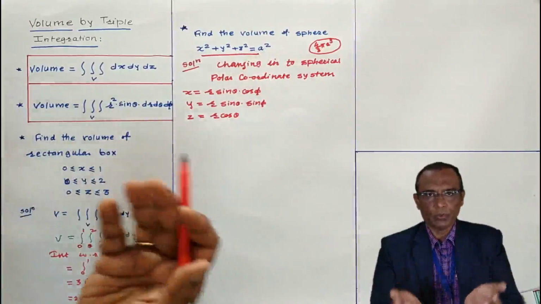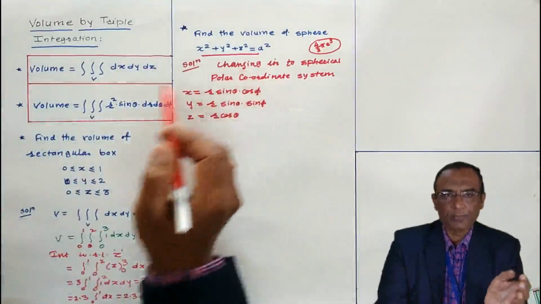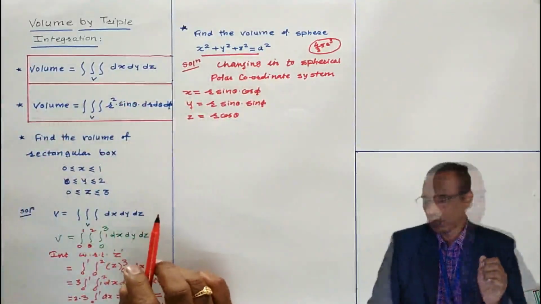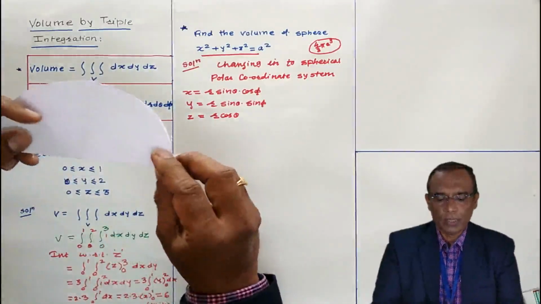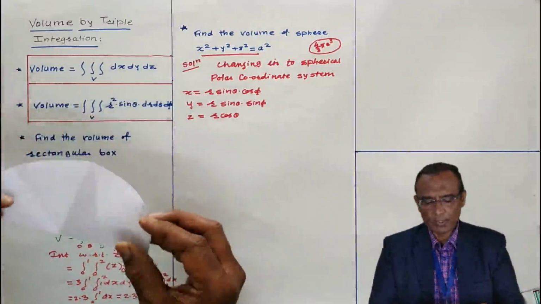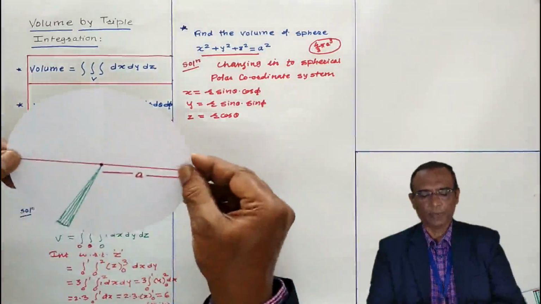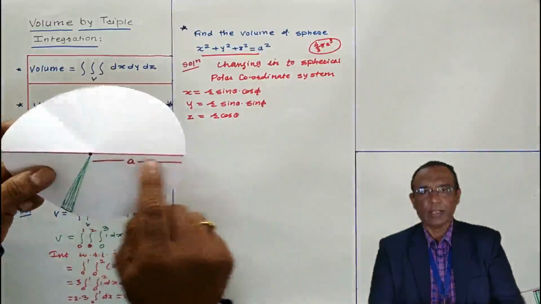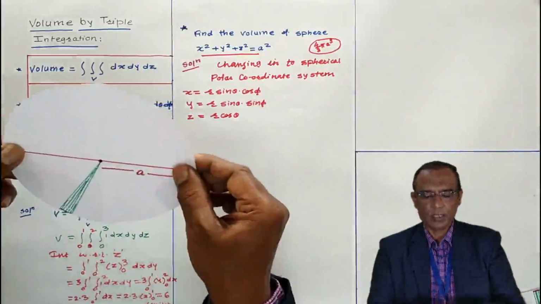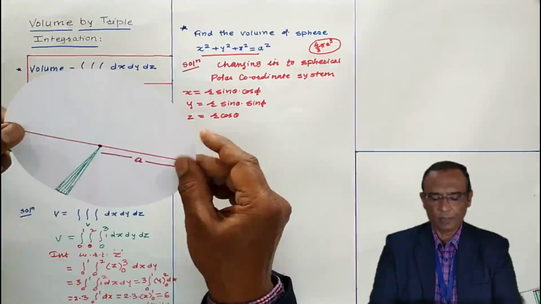Now it is a ball, the radius of the ball is a and the center of the ball is 0 0 0. In order to cover the entire volume of the ball, what am I going to take? The thin section of the ball I have taken. Okay, this is the thin section of the ball. This much is a, a is the radius of the sphere.